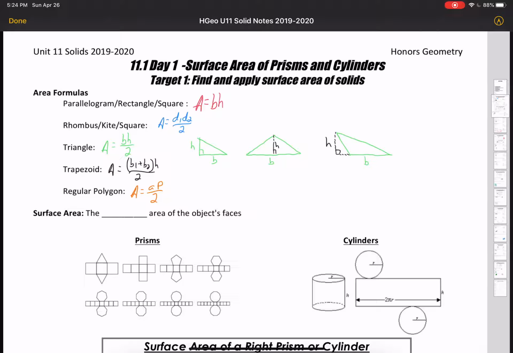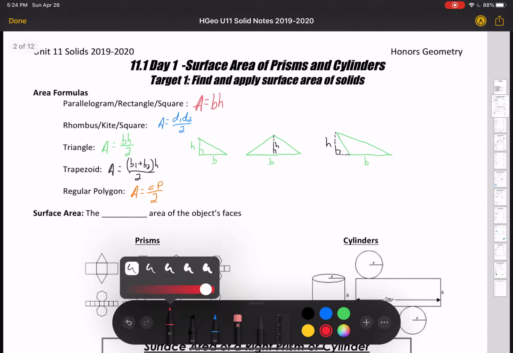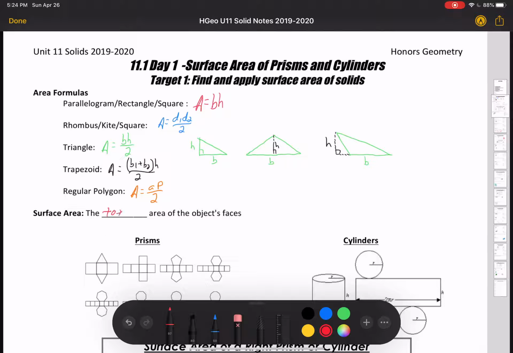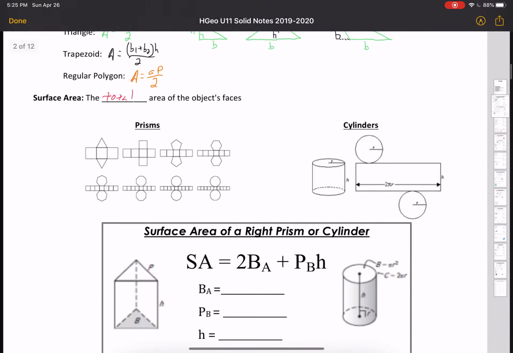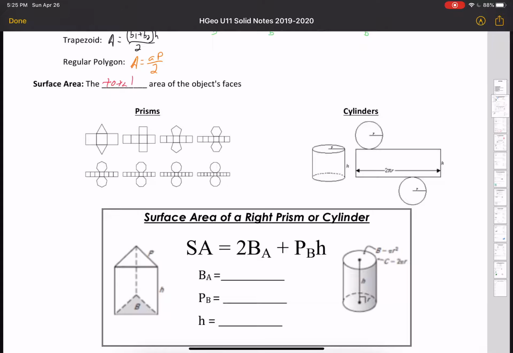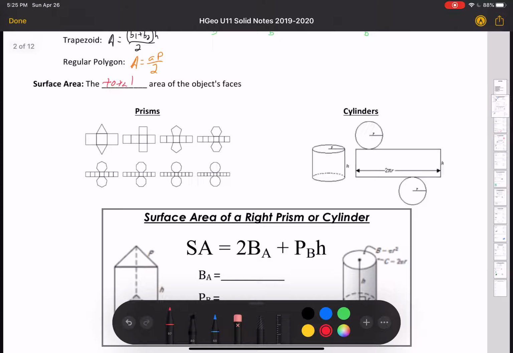And we are going to start with our first couple targets, which are surface area. And surface area refers to the total area of the object's faces. So a three-dimensional figure, and I'm going to scroll down so you can see these. A three-dimensional figure, if we unravel it, is made up of two bases and the rectangles that surround them for a prism. Okay, so for example, you see that we have a base, two triangles there, and then we have three rectangles